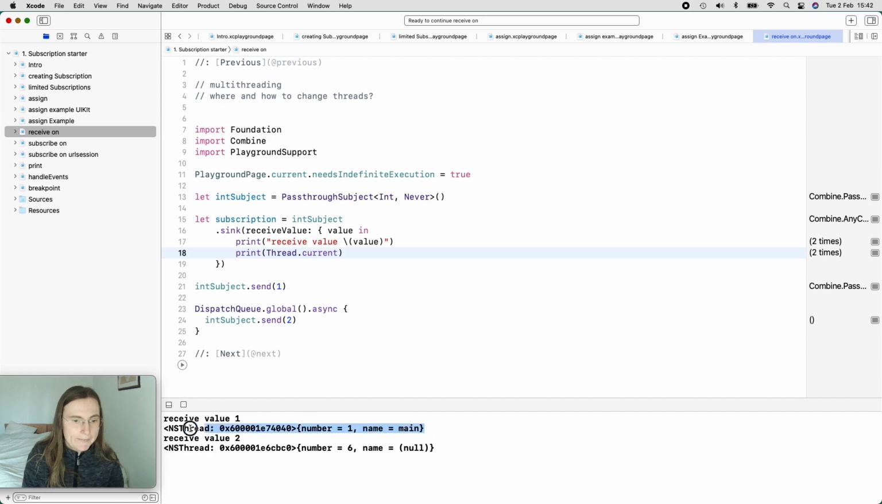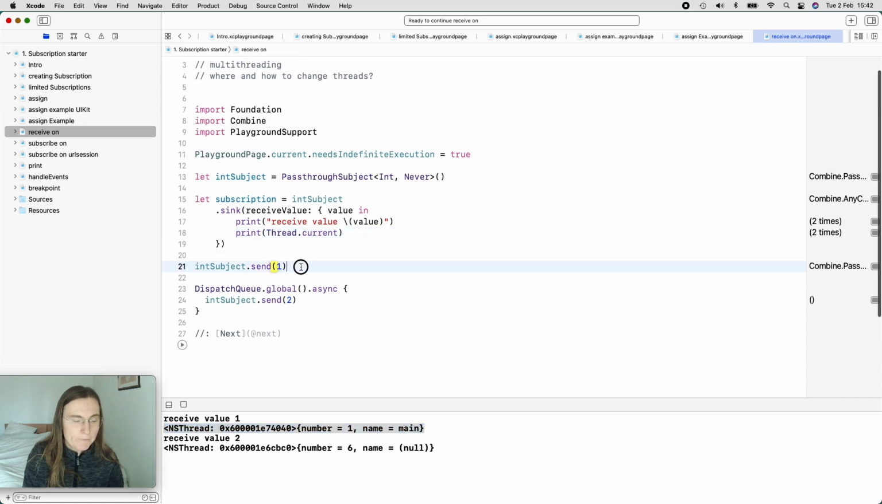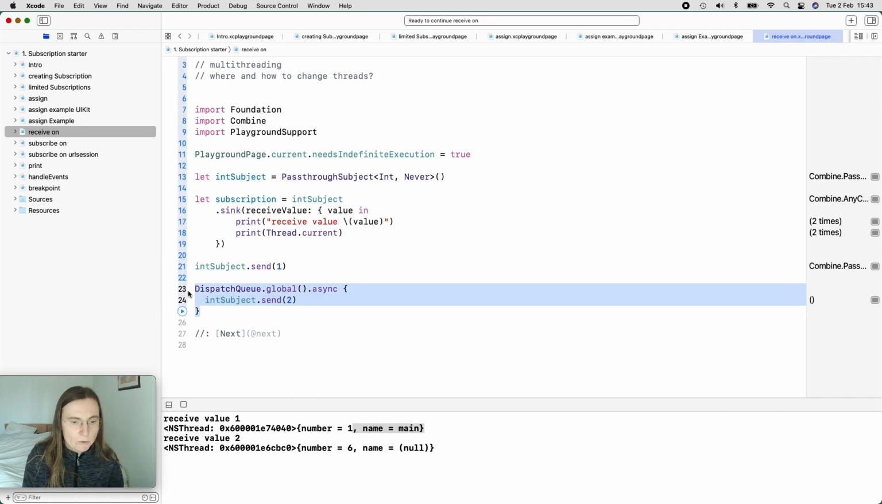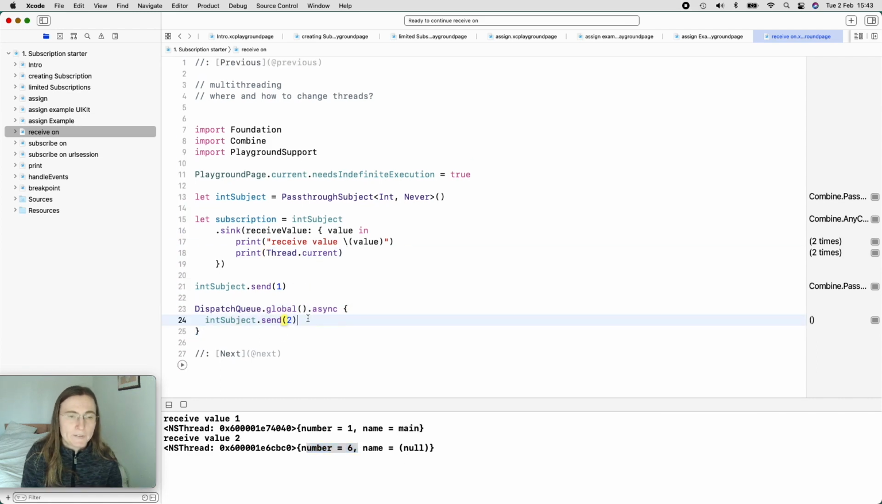And you see that the first time I'm calling, the first value that I'm sending down here is this 1. And this is done on the main thread, because we didn't specify from which thread this is, so it's the main queue. But the second one here, this 2, is from a background thread for number 6. So your subject, whoever sends this, can decide on what thread he wants to send it, and all the work,